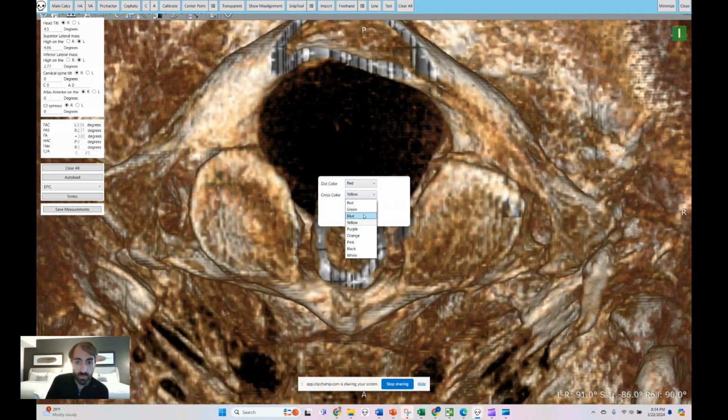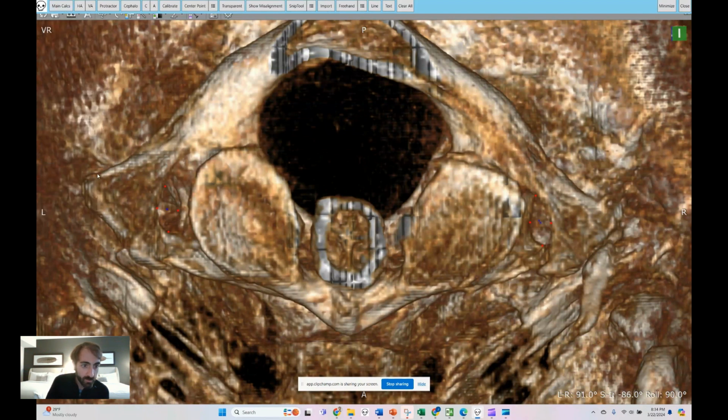I like to center point this out before I measure. So here's our foramen. And then I also like to center point out my TPs. It's going to be a good spot to mark the TPs. So horizontal angle, TP to TP, horizontal angle, foramen to foramen, horizontal angle, posterior lateral mass, which I think